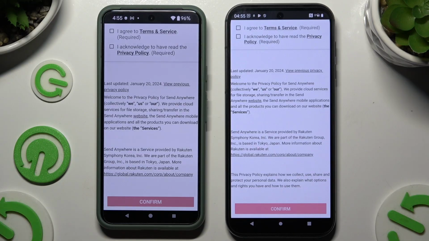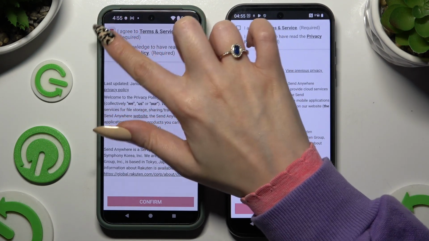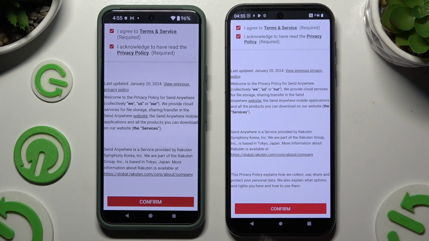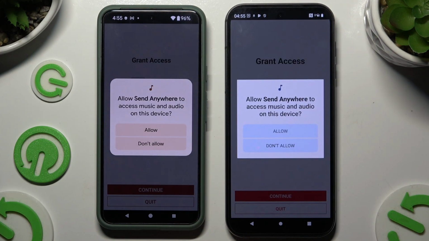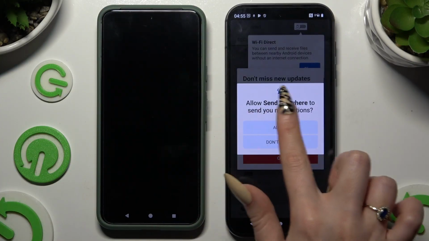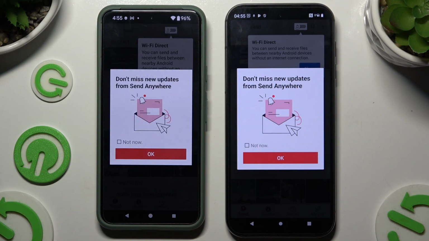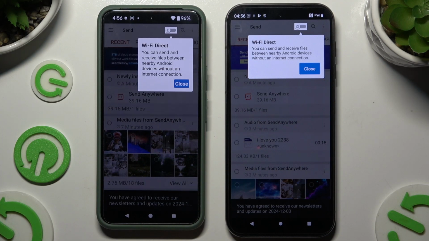Then click on the same options in both apps. Firstly, I agree and I acknowledge. Confirm, continue, and allow. In this window about new updates, you can tap on whatever you want to and then tap on your device's